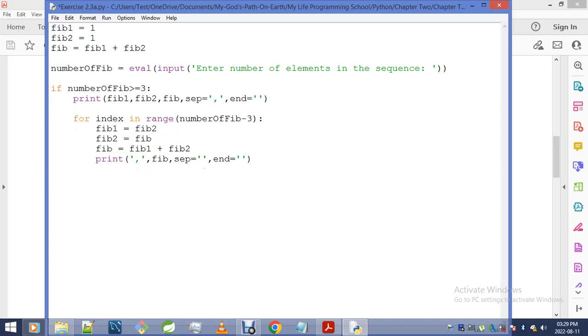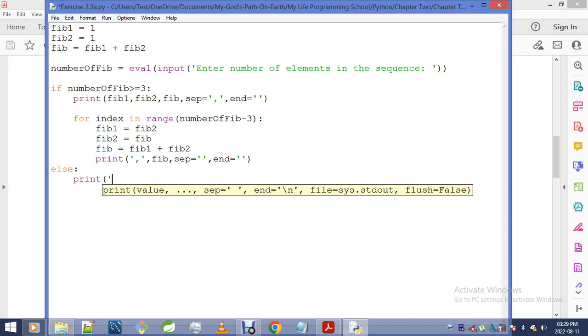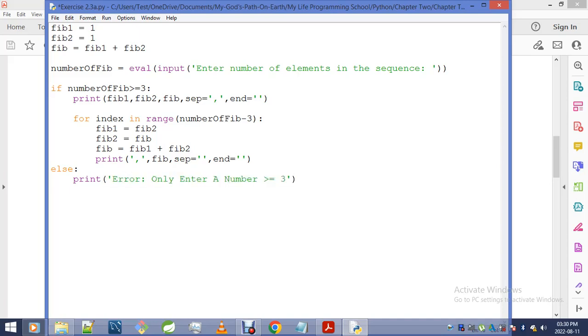If it's not, you see, this is something that we haven't covered, you guys, I can print only error, only enter a number greater than or equal to 3. I'm not sure if I got that right, but